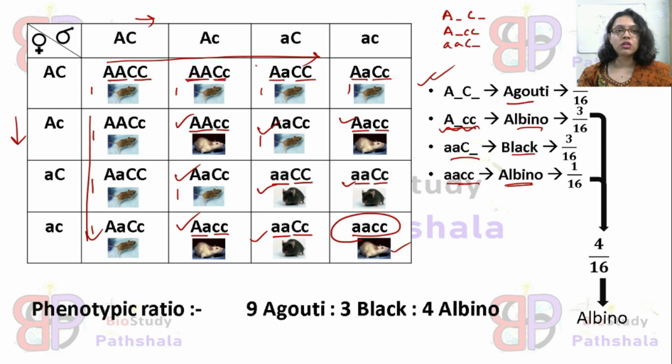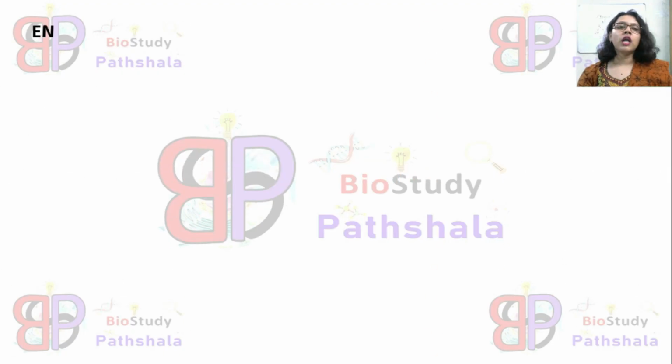So this is for the cross of recessive epistasis F1 individual. Till now we have learned about the cross procedure of the recessive epistasis and the phenotypic ratio of recessive epistasis. Now we will learn the actual enzymatic pathway which is responsible for the modification of the phenotypic ratio. That means the enzymatic pathway regarding the recessive epistasis. So let's learn. Now we will see the enzymatic pathway for recessive epistasis.